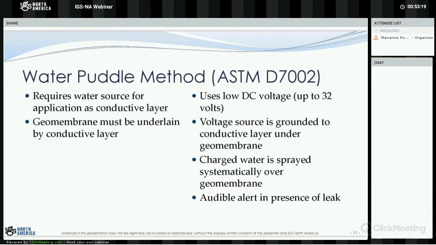The first one I'm going to talk about is the water puddle method, ASTM D7002. It requires a water source. So you take the water and you apply it over the geomembrane, and you're grounded to the conductive layer underneath the geomembrane, whether it be soil or GCL. If you installed that conductive backed geomembrane product, you can ground to that as long as it's installed to be electrically isolated. It uses a very low DC voltage, 27 to 32 volts about,